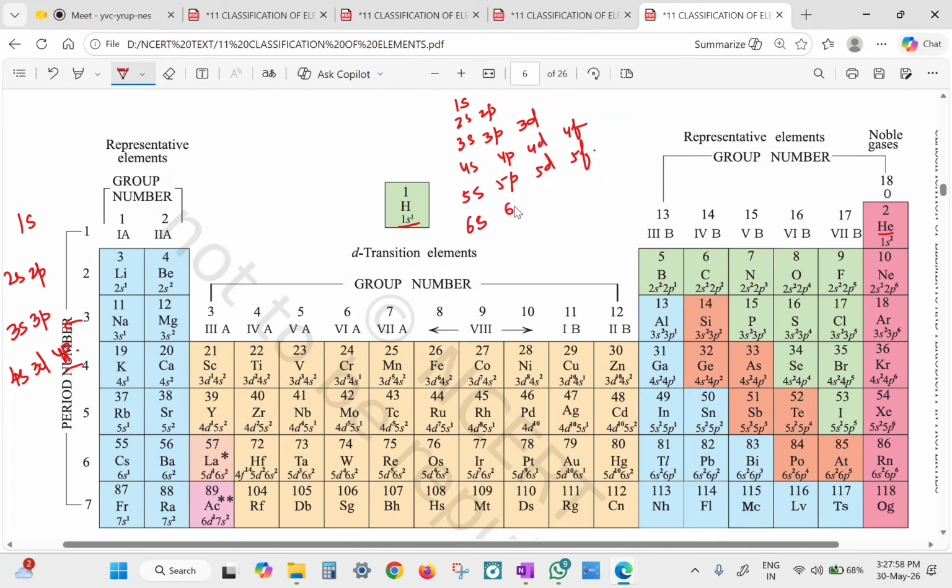Then 6d, 6f, and here 5g and so on are there. Then 7s. Now look, when we first fill 1s,